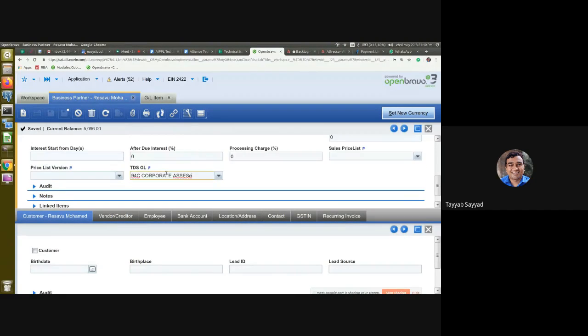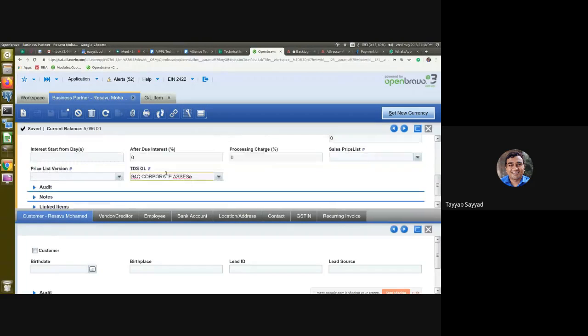So this is the plan for now: to map the TDS percentage either to the individual or the company, and what service they are giving. Based on that, we'll tag it to that business partner. So the account team has to only check the vendor and what service is given, and they will mark the TDS section for that. So it could be 10 or 2. Does that clear your doubt? Is there anything else you want to add?